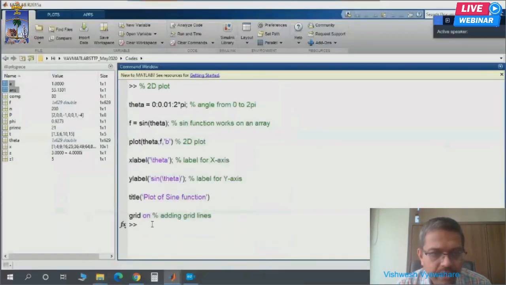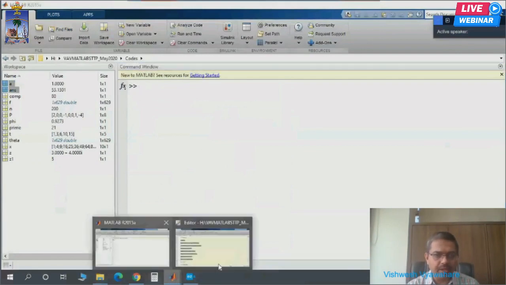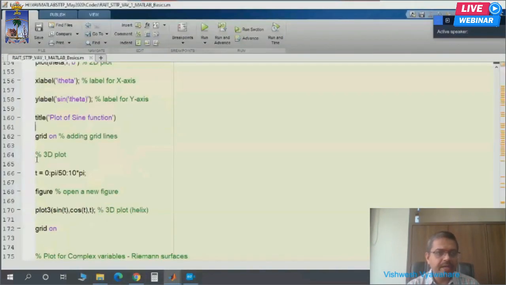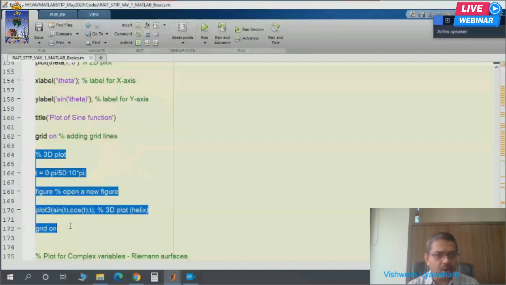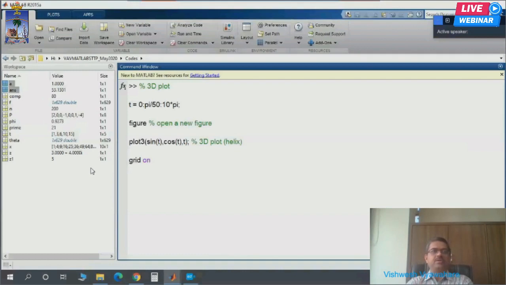Now let's go to 3D curve plotting using MATLAB, 3D plots, parametric plots as they call it. So t is equal to 0 to pi by 50 to 10 pi. I am running t from 0 to 10 times pi with a step of pi by 50.